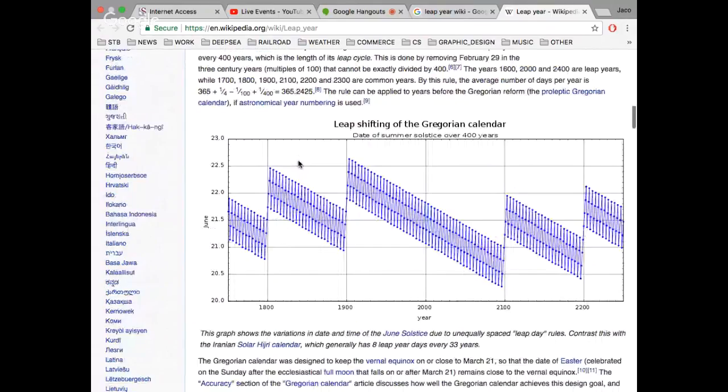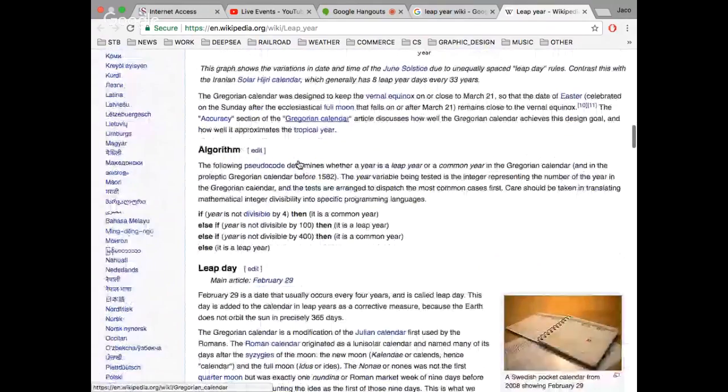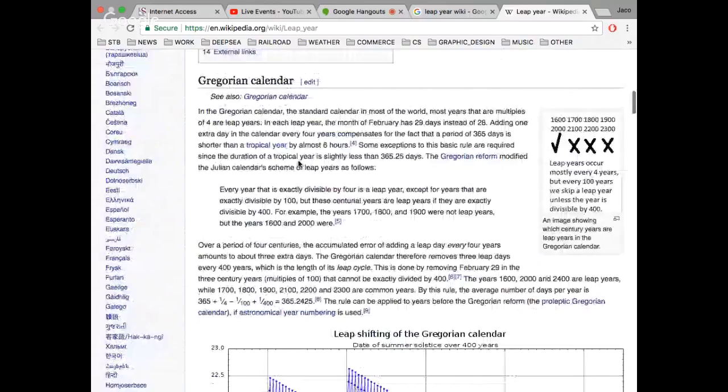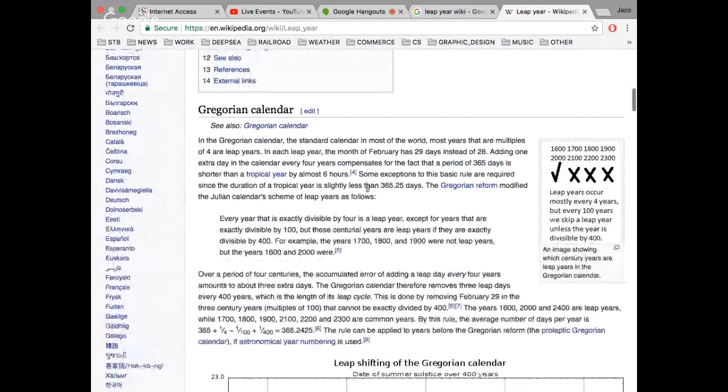Come on, I want the exact calculation. I'm looking for that exact number. That's not exact enough. Oh, here we go. So every year actually contains 365 point